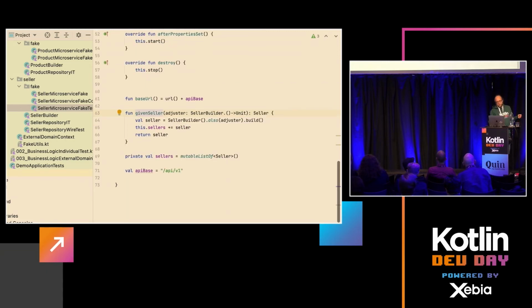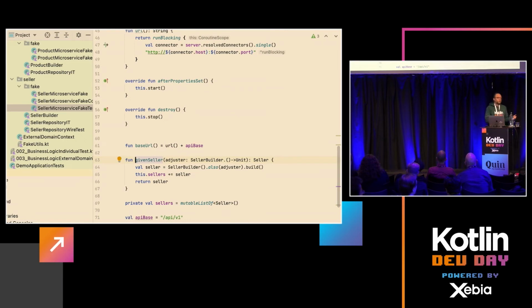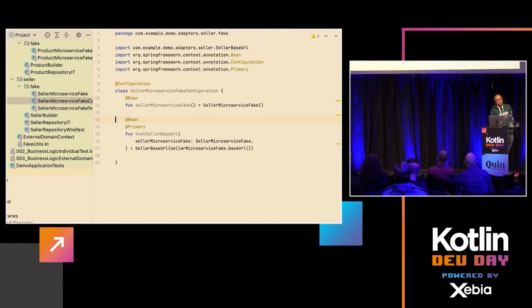Usually for the fakes, you would have some kind of backdoor to pre-configure it, so that we will have some kind of state that will be useful for us. In this case, we are saying, okay, given a seller, I would like to be able to fetch it by ID. And a small but important thing for Spring,